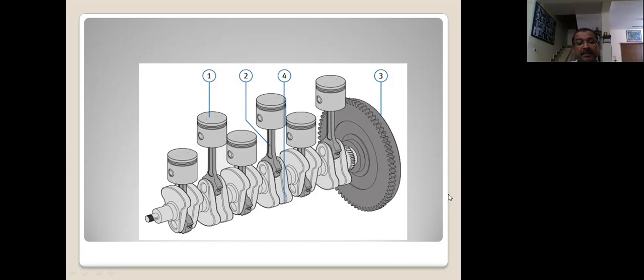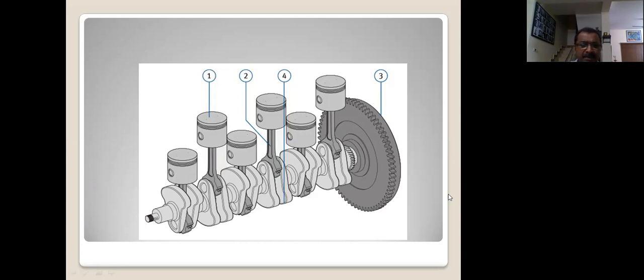So this is basically an automobile shaft piston assembly. At one end there is a wheel, numbered as 3. We call it the timing wheel. We need it for making arrangements, for the smooth running of the engine, we need a timing wheel. So this is the basic arrangement of a diesel engine.